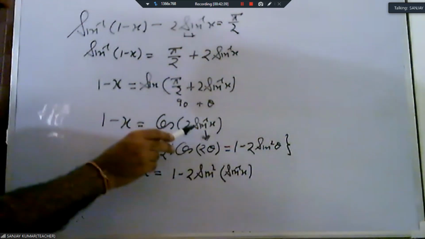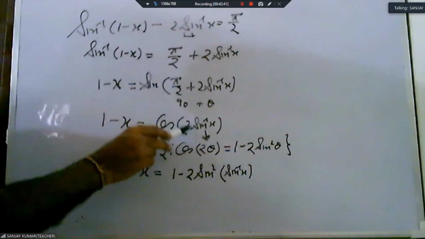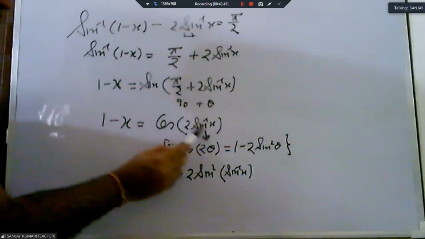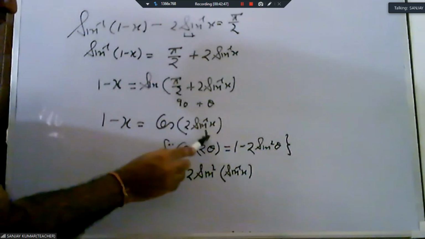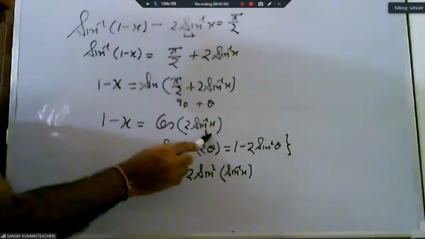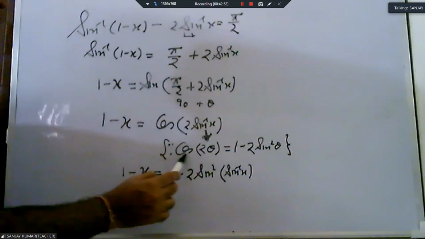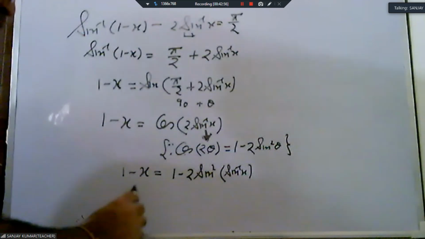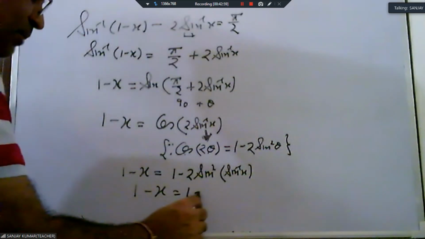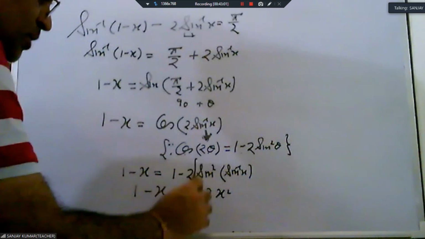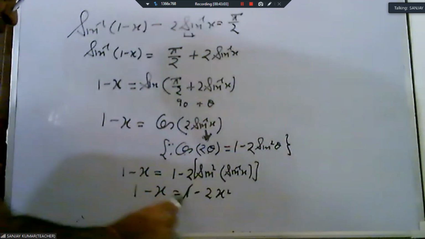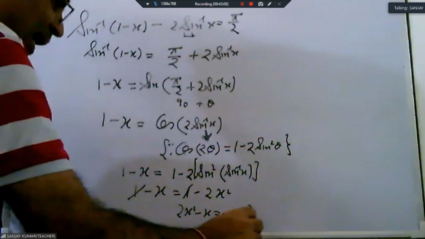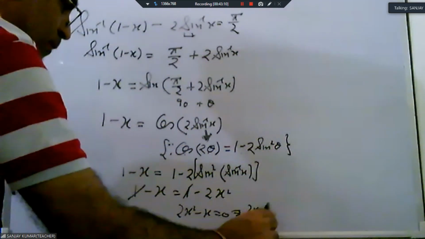Again, if you convert this sine inverse into cos inverse, then you have a problem, it is 2. So cos is not cancelled with the cos. But what we do here is suppose this is theta. Then it becomes cos 2 theta, and we apply this formula, 1 minus 2 sin square theta. Now what we have is 1 minus 2x square, because this square we put outside. Now this 1 is cancelled with this 1. Then one thing is very important: we get two values, and both the values are positive.